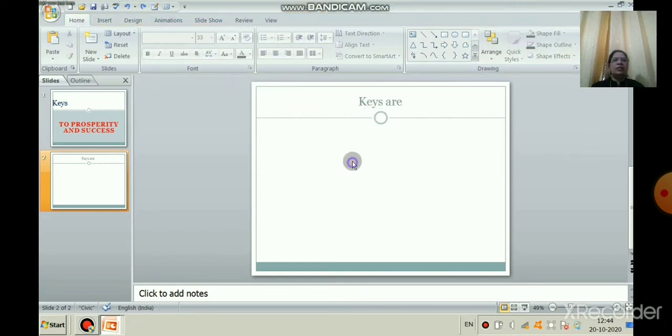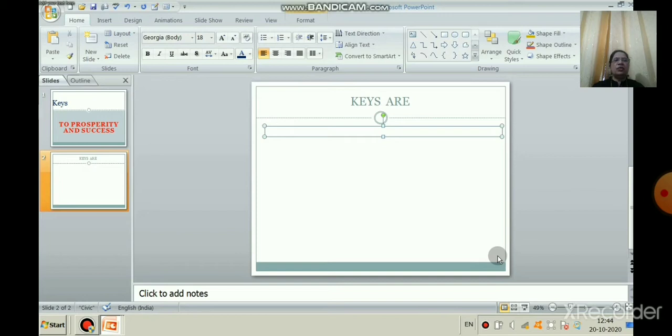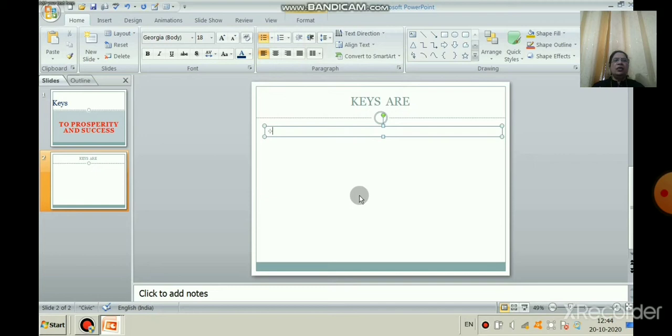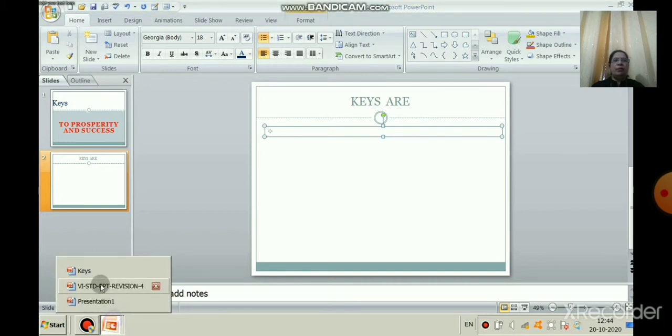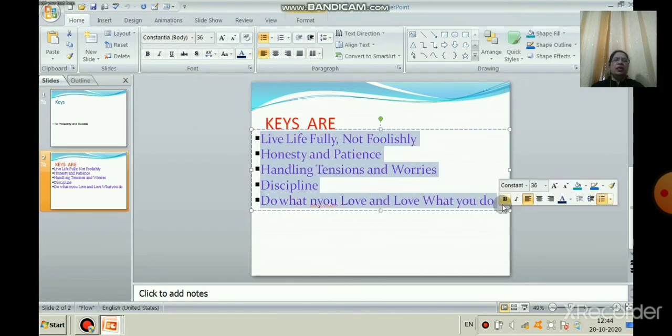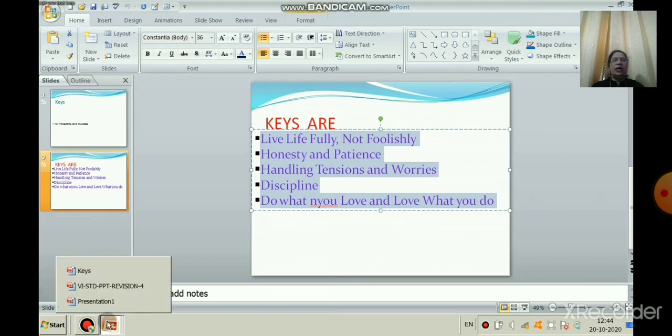So, how will you do the capital letters? Select the letters, words, and can you see this uppercase? No need to delete, you can do it with the help of that uppercase. Now, we will take one more text box and insert the text box, because now I want to write a points bullets list. Change the color of the bullet list also. I have already typed some points. I will do copy paste, but you have to type. So, I will do Control C and Control V.